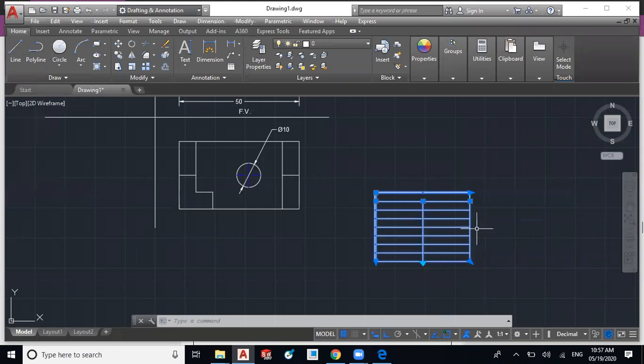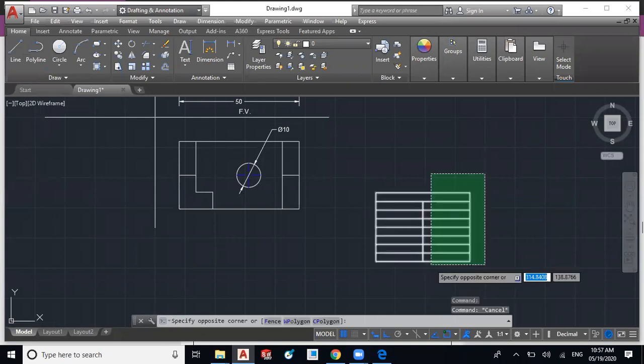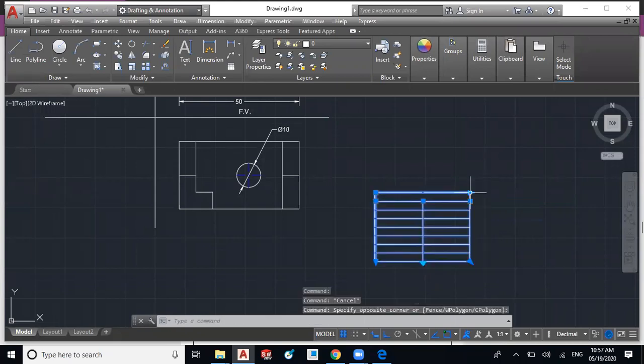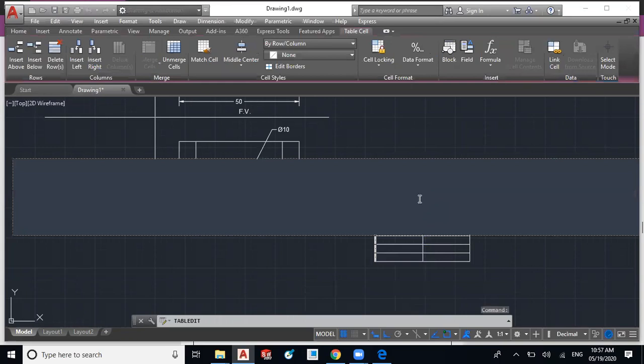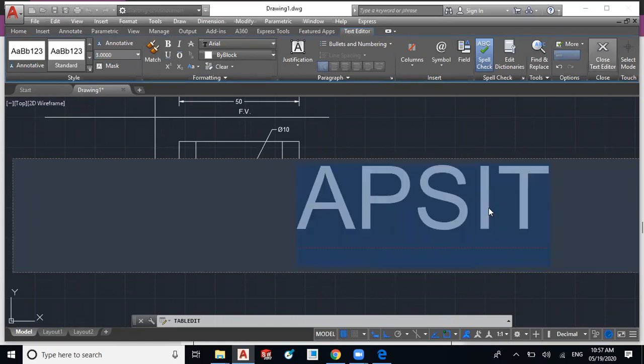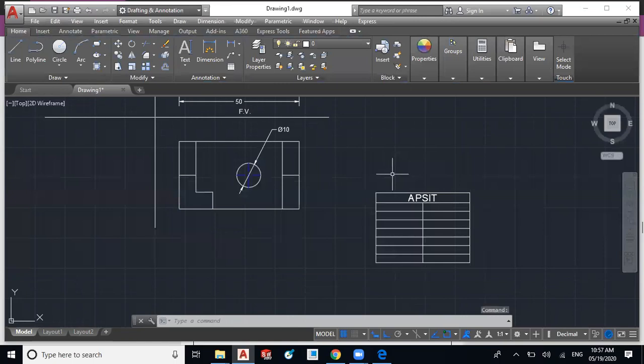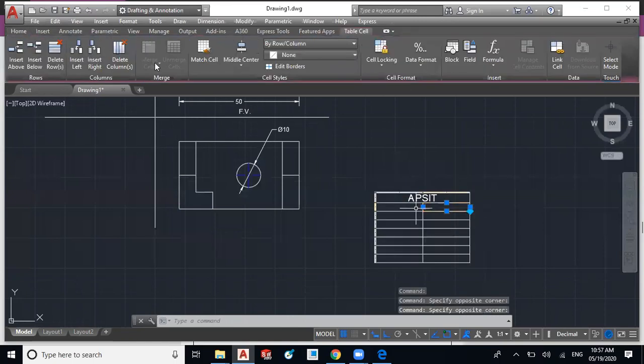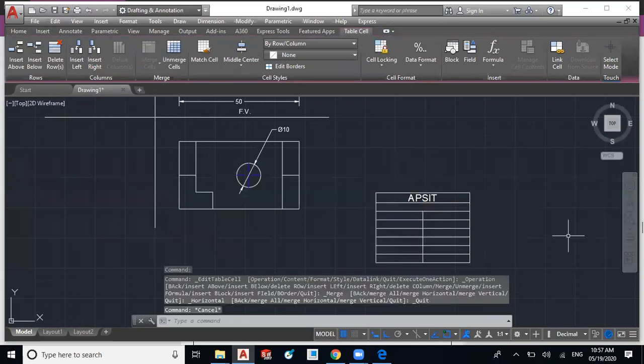So like that you have to take care of the table, and you can insert the inputs in this table by clicking on that cell. I have shown you how to edit that table, how to edit the text height, how to merge the table by selecting the arrowheads. I have shown it already, so you can do it.